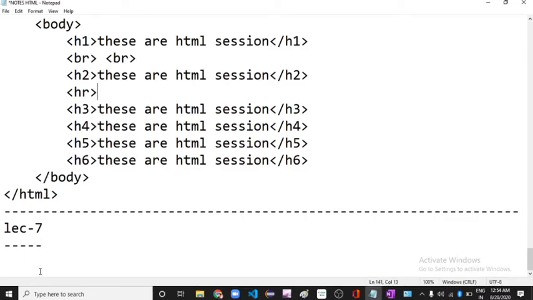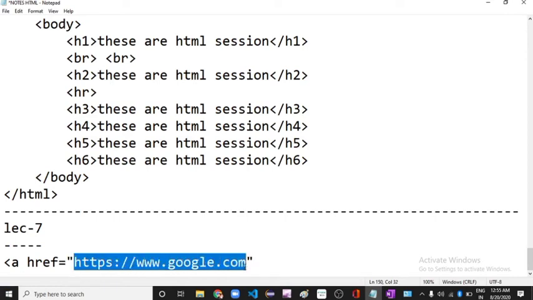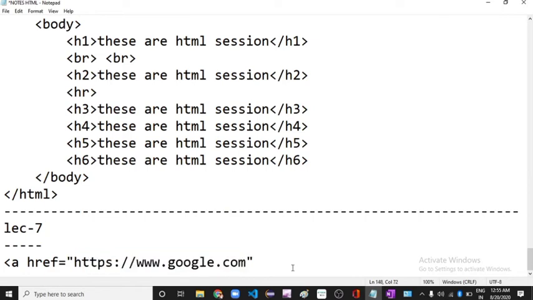If you want to add a link, simply open the angular brace, write a href equal to, and in this you can give the Google link: https://www.google.com. This whole thing inside the double quotes is the URL of Google. Are you getting it or not?